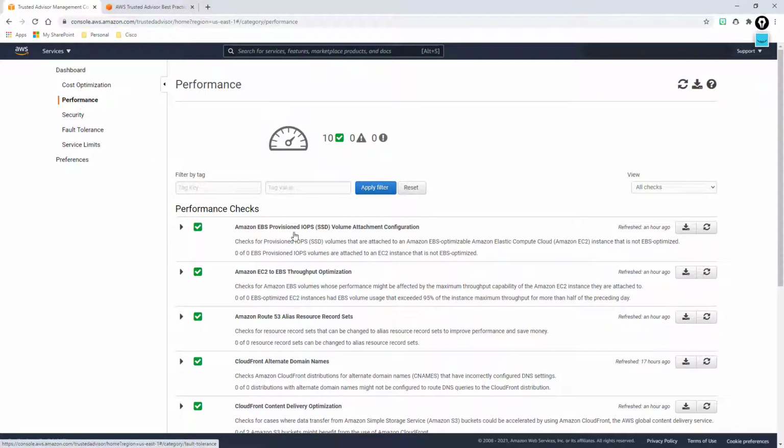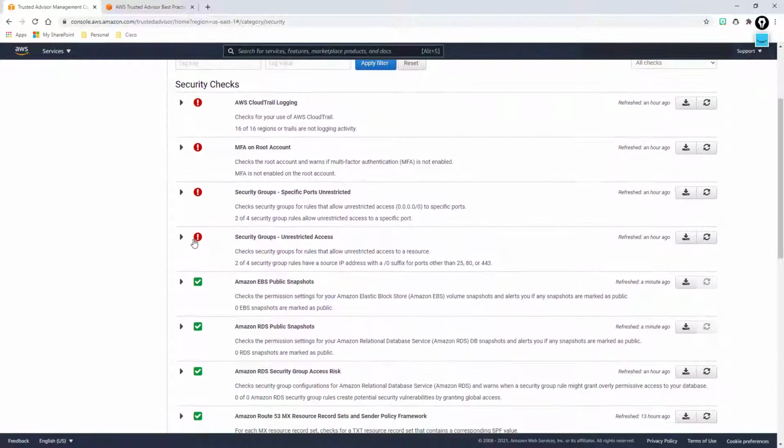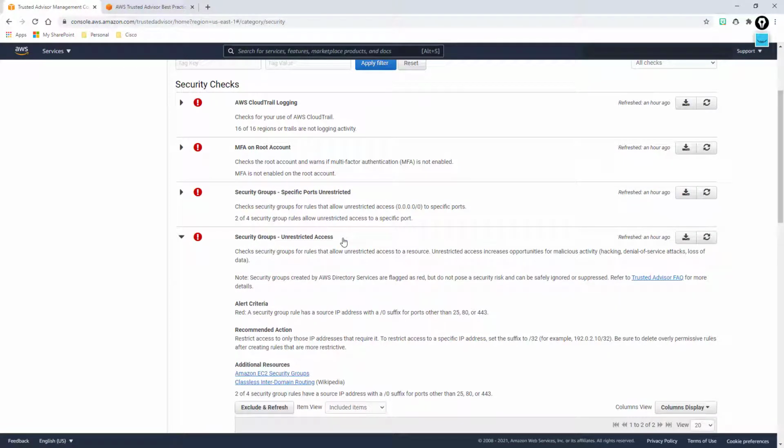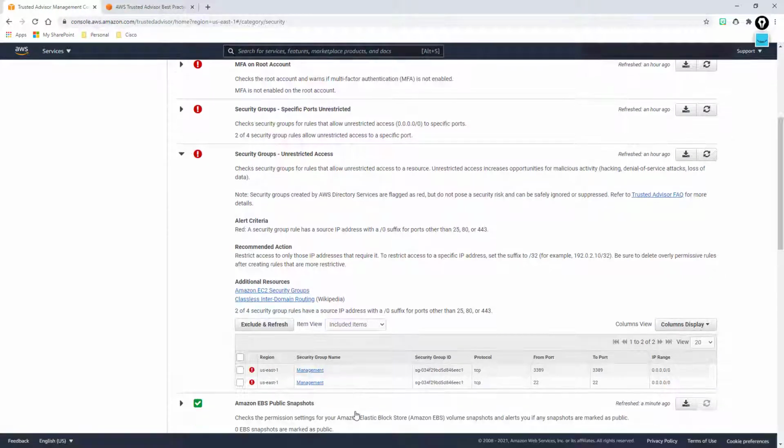Same thing with performance. You can click on any one of these performance options and see how you're doing. The security one, I think, is always a big one. Let me just click here and show you the restricted access. I'm getting an alarm here because I have a management group. When I was setting up my web application for demos and this video series, I was really lazy about it, and I set up a management security group that allowed me to remote desktop and SSH from anywhere. So anywhere in the world, doesn't matter where you are,